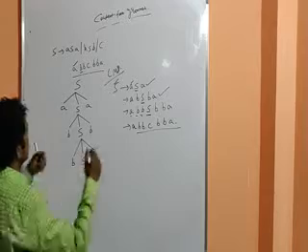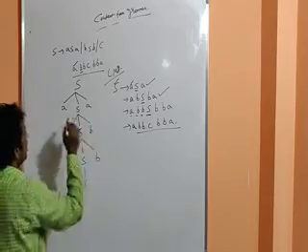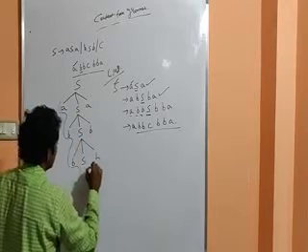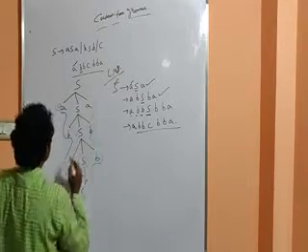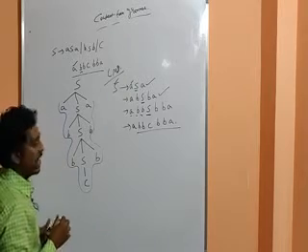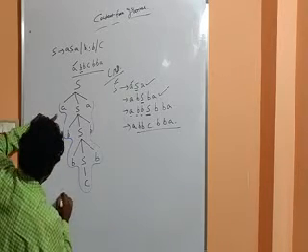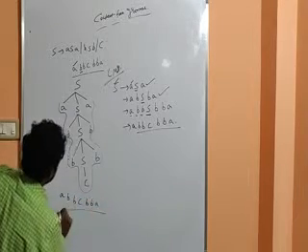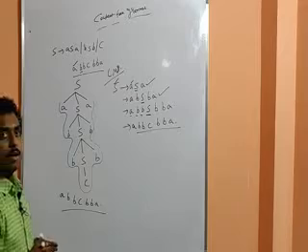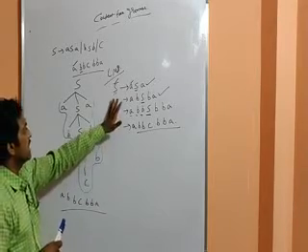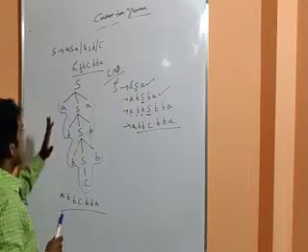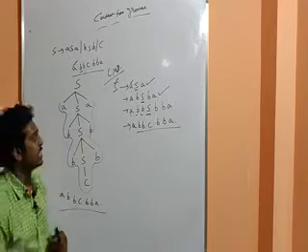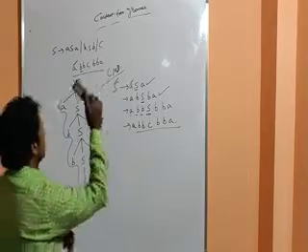Now you have to take all the leaf nodes: A, B, B, C, B, B, A. Write down all the leaf nodes in a line. A, B, B, C, B, B, A. Is it what they have asked us to prove? So this is how we will construct a leftmost derivation string and a parse tree for the leftmost derivation. Now we will see how the rightmost derivation is constructed.